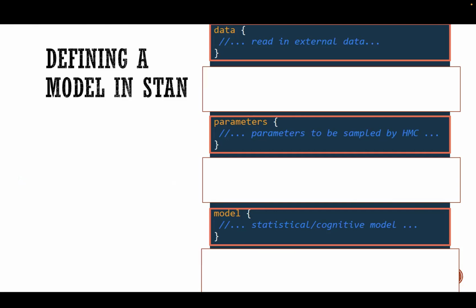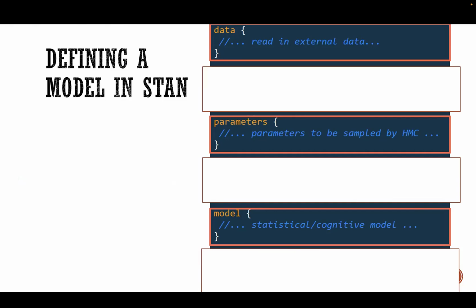Then you have a space for parameters, which you should be very familiar with, where you define which parameters have to be estimated and what's the format of the parameters, right? Learning rate is a variable that goes between 0 and 1. Tau, the inverse temperature, is a variable that goes from 0 to potentially plus infinity, unless you try to be sane and you say, well, above 20, I cannot really see any difference in the simulation, so I'm capping it